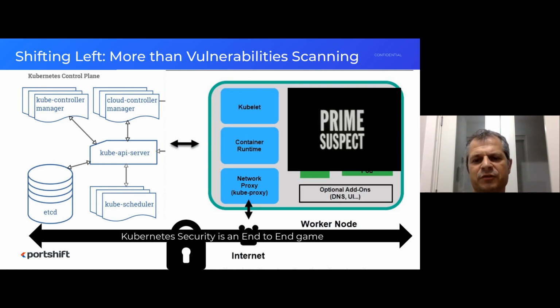And those pods are obviously the prime suspect, where we focus most of our work trying to find vulnerabilities, but they're not by themselves. At the end, in Kubernetes, it's an end-to-end game, right? And we just have to look at them. We need to look also in our cluster. We need to look who can access, what they can do, what permission they have, what actions they perform, right? Even if the permissions are okay.